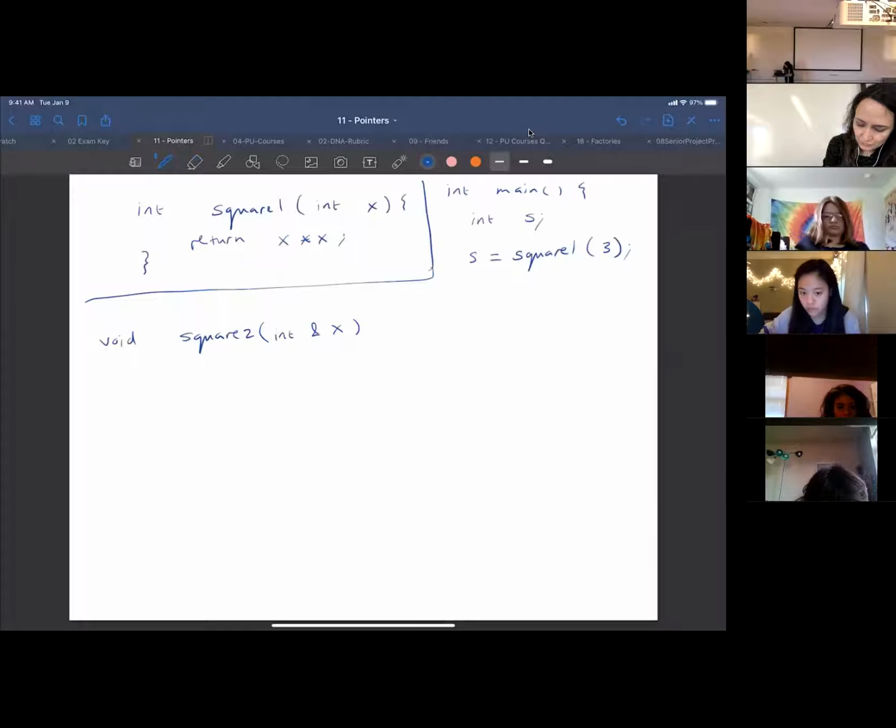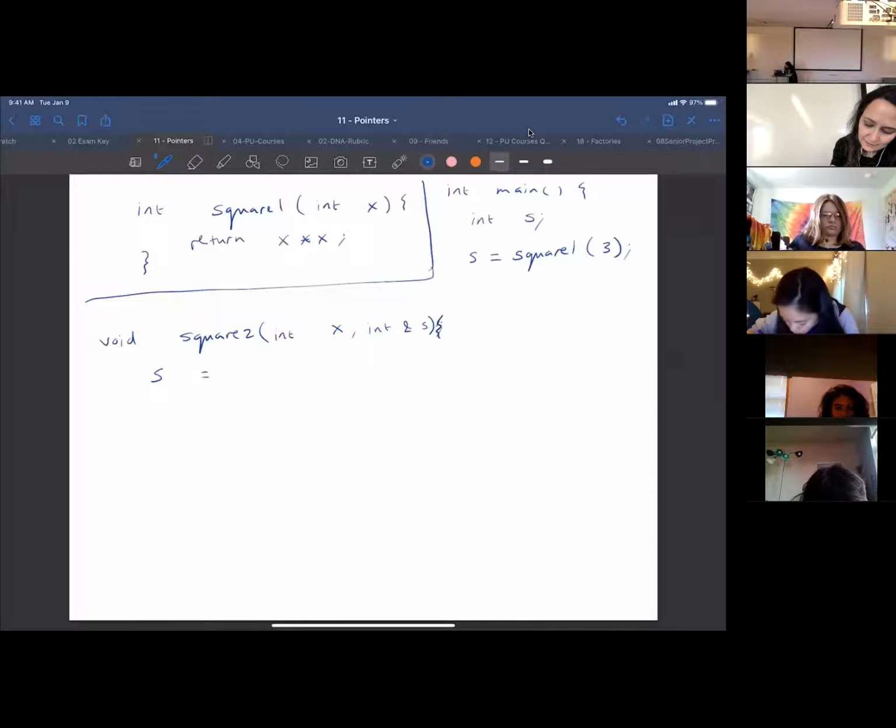If I wanted to store it in the same location or not, maybe just do a different one. So we can do the int x, which is just our value, and then an int by reference and call it s, our square, right? And then, sorry, it's open parentheses, I would do s is x times x, right? So again, I'm squaring x and storing it in some other value in both of these cases,